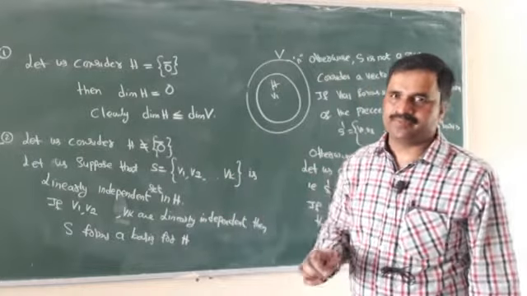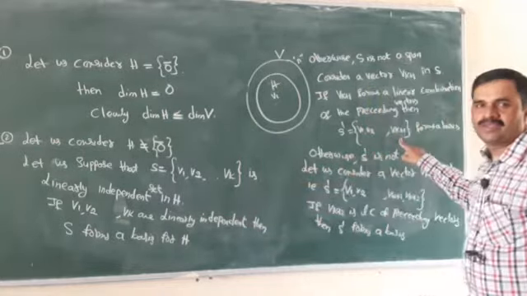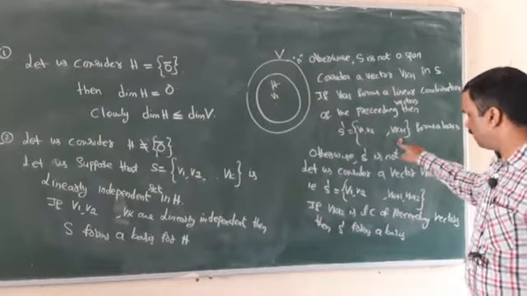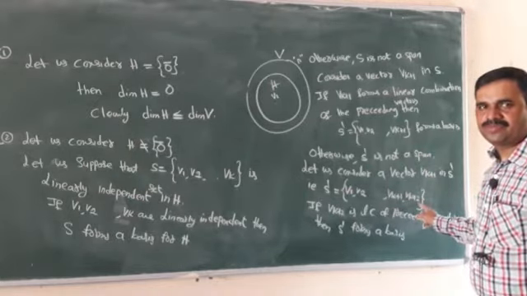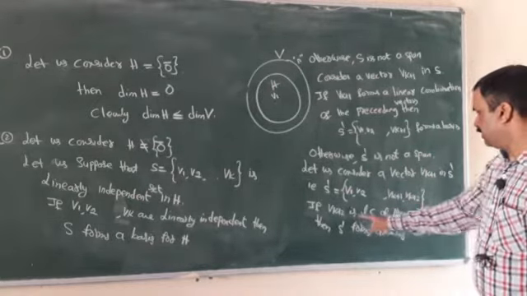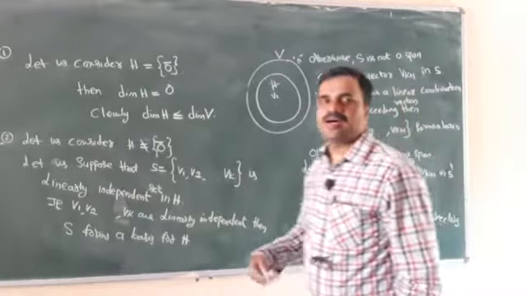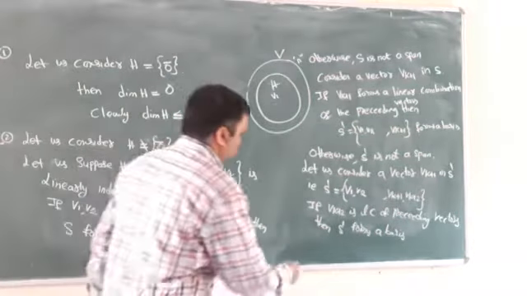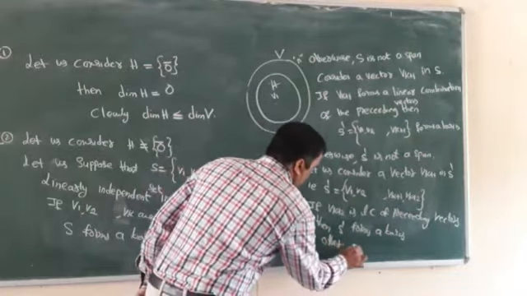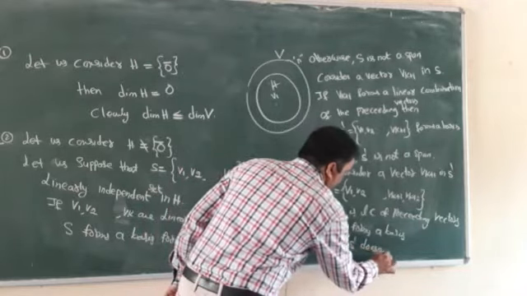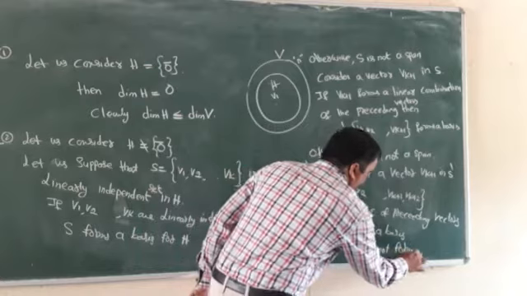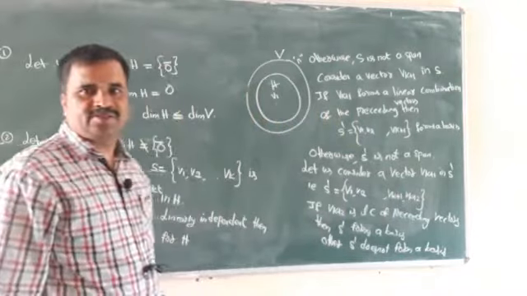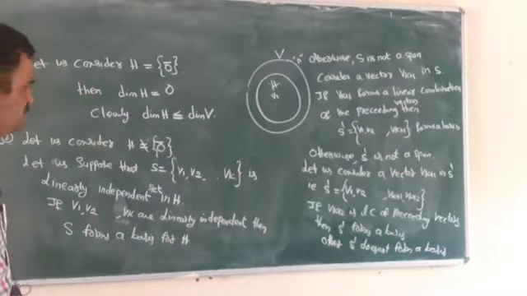In the question it is already given. I will add one more vector Vk plus 1. If all these vectors are linearly independent, then it forms a basis. If it does not form a basis, I will add one more vector Vk plus 2. Then it forms a basis. If it is a linear combination of preceding vectors, S dash forms a basis. Otherwise, S dash does not form a basis.